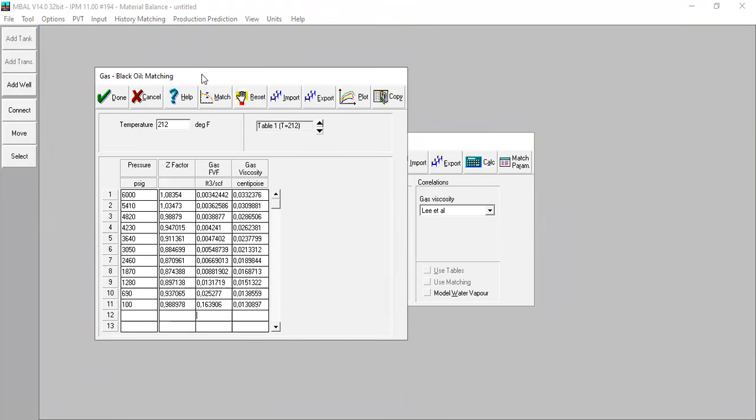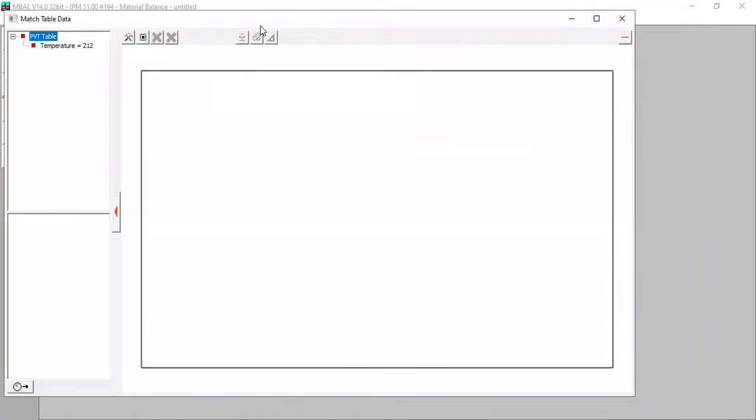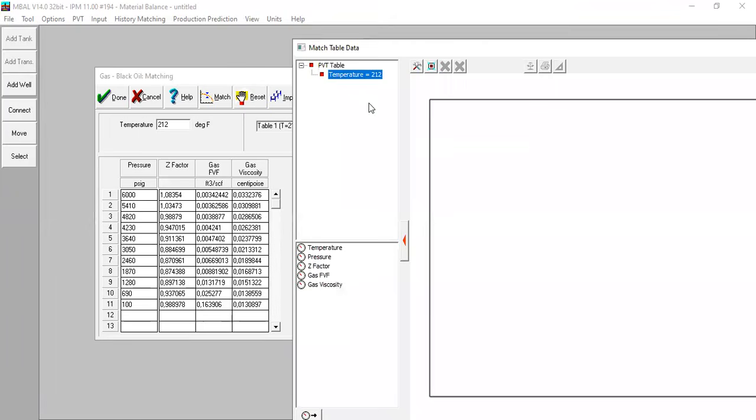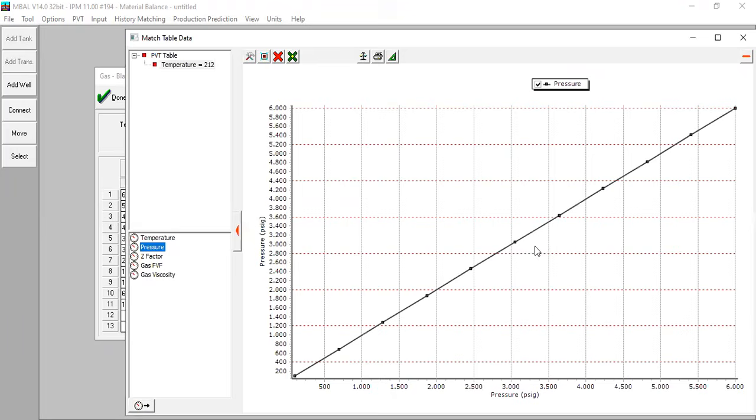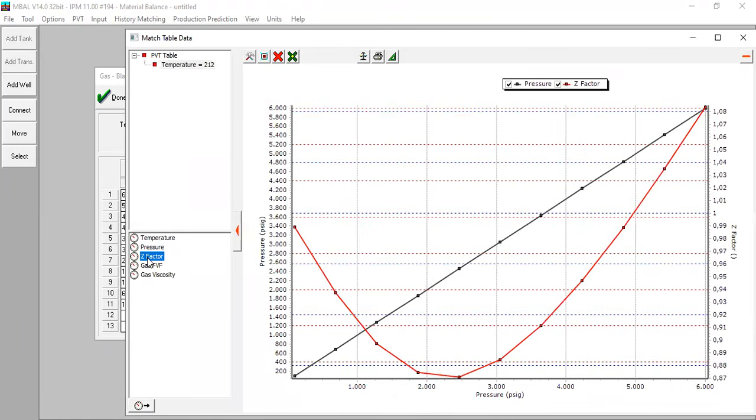Okay. All right. Maybe we can plot it first. If you already have the data here in the table, you can plot. Click Plot. Temperature, select if you want to check the pressure. For example, this is the pressure. This is the Z factor.